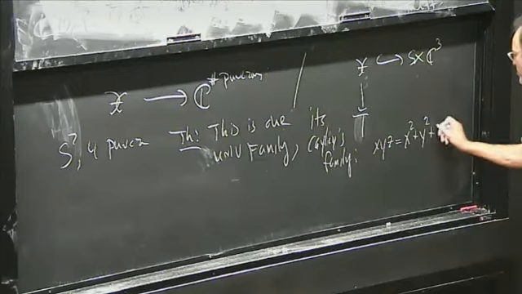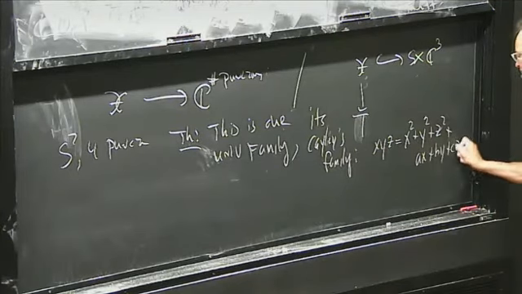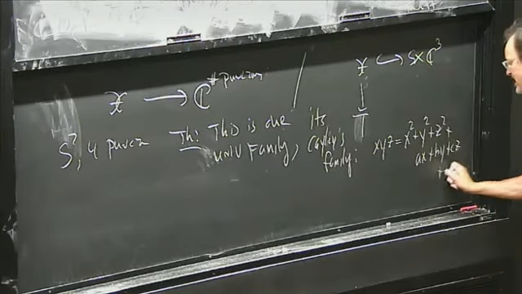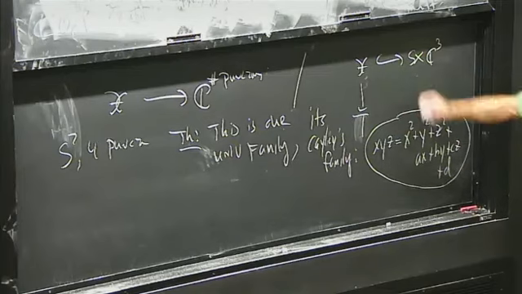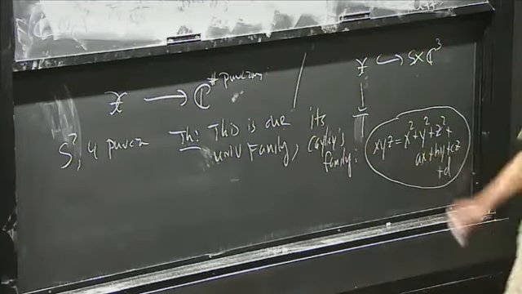It's given by the equation x squared plus y squared plus z squared plus ax plus by plus cz plus d. So this is what an affine cubic is. It's a zero locus of something like this inside of C3, where these are the parameters. Those are the 4 parameters. So that's an affine cubic surface.